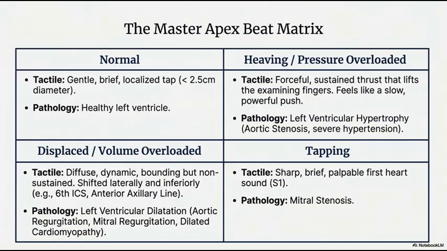Expanding the lungs during inspiration is an active, demanding muscular effort. The diaphragm contracts powerfully downwards, and the external intercostal muscles actively pull the ribs up and out. They're working hard to pull the air in against the natural elastic resistance of the lung tissue. That sustained, high-energy muscular effort maintains a high velocity of airflow that creates enough acoustic turbulence for you to hear